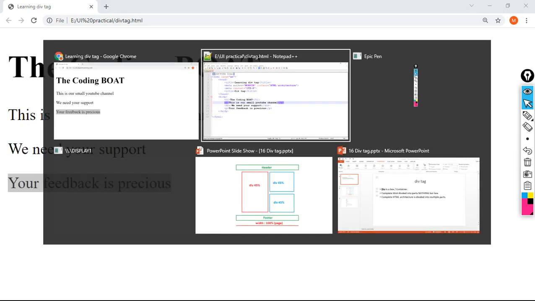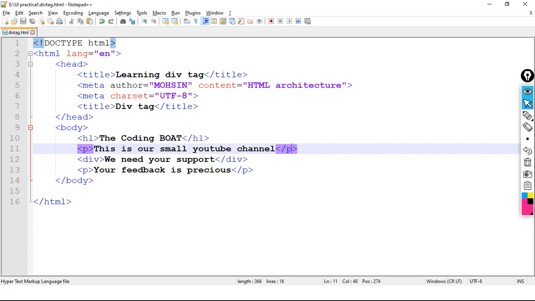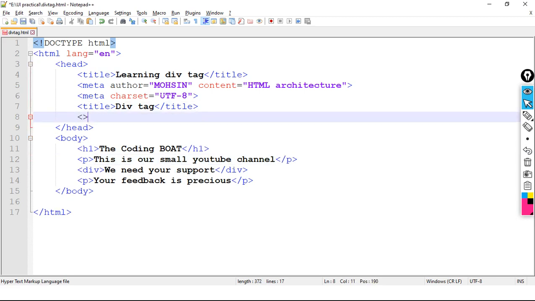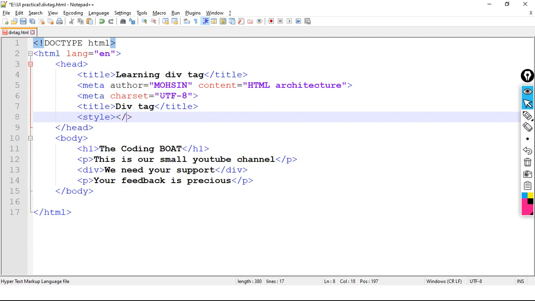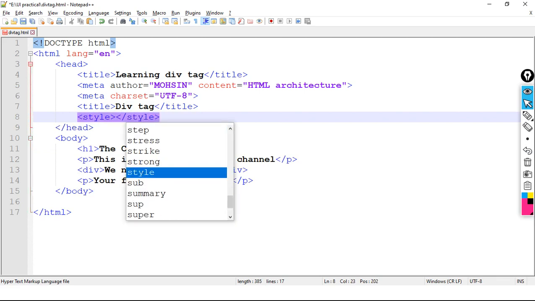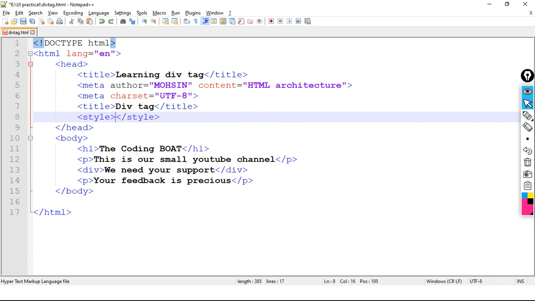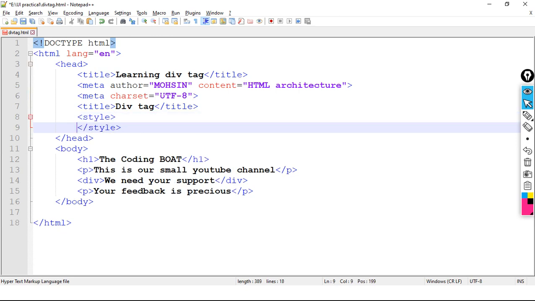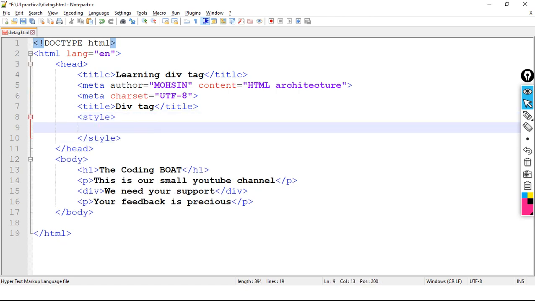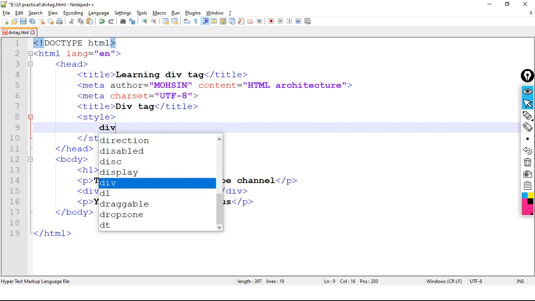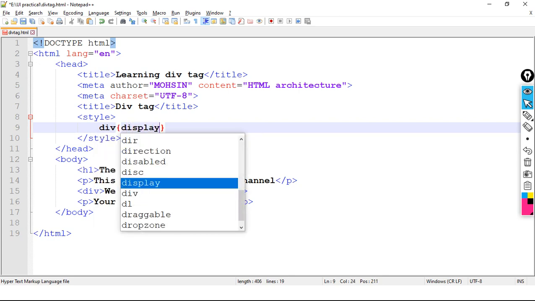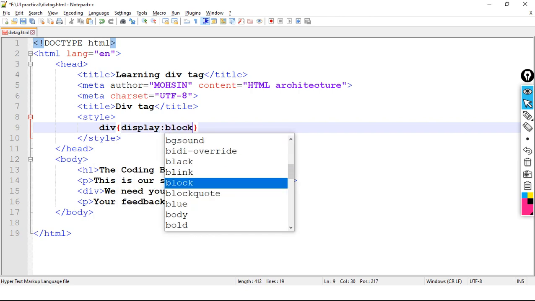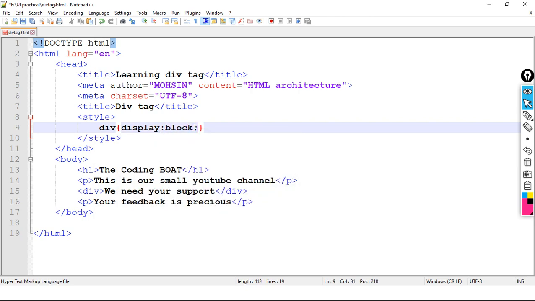Now I am going to make use of the style tag. Here I am taking the div tag, div opening and closing curly braces, display block, semicolon.